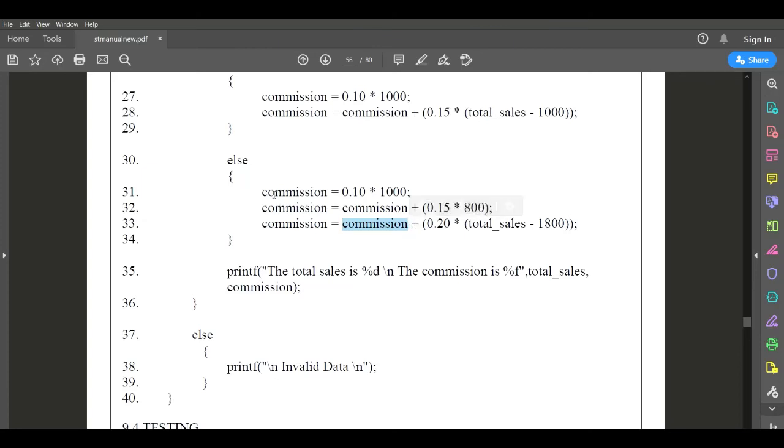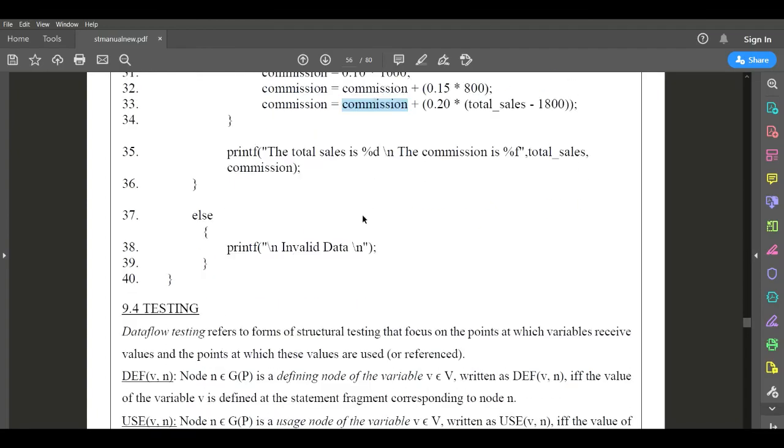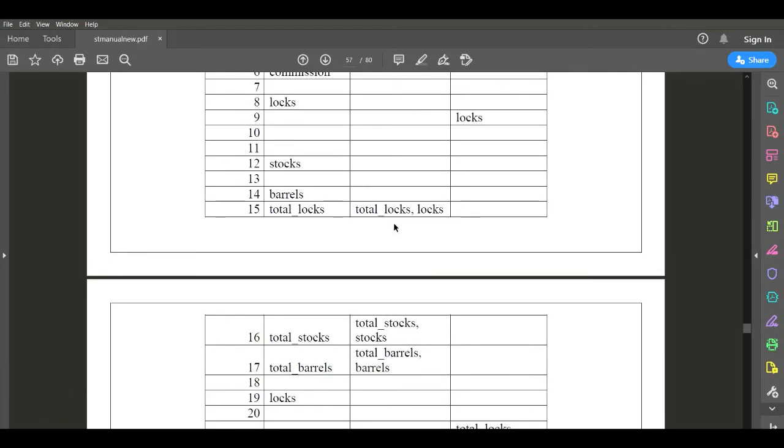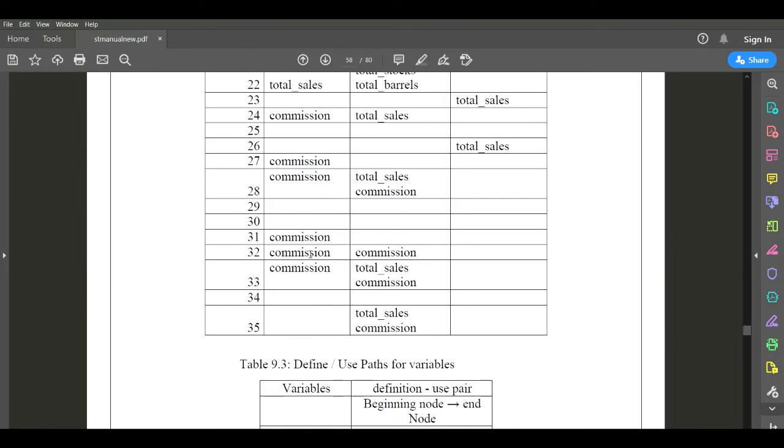So 31, 32, 33 defined; 32 is the computation usage, and 33 is also computation usage. And then we are printing, once again it is not required, already we have written. Is there anything else to write?